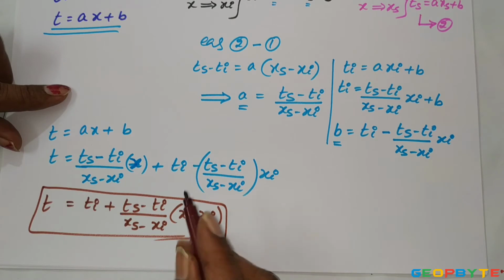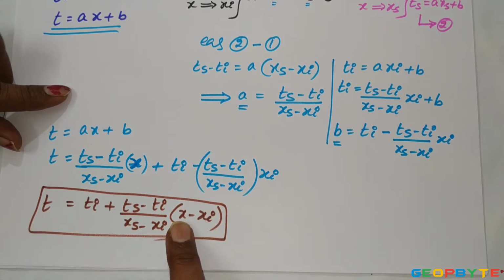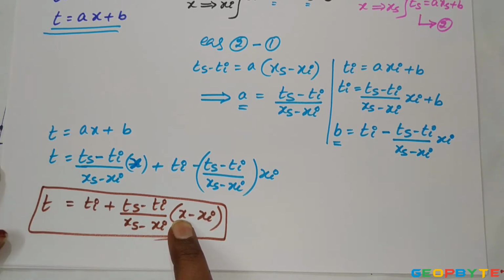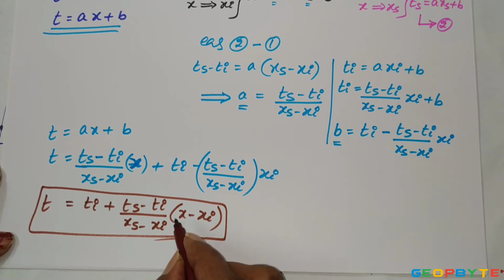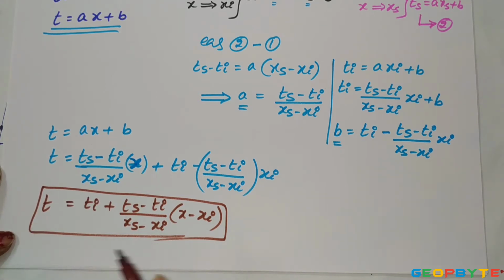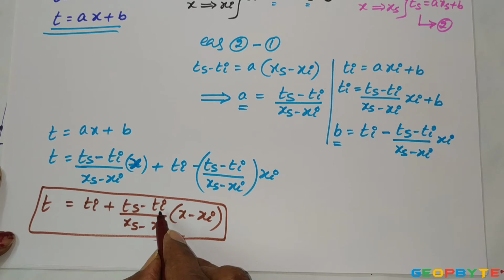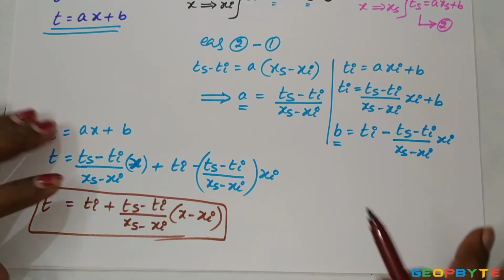From this I can find the temperature if the thermometric property is given in the problem, or the thermometric property can be found when the temperature T is given. This Ts and Ti need not be given in the problem, because Ts is 100 degree centigrade and Ti is 0 degree centigrade in SI system, or Ts is 212 degree Fahrenheit and Ti is 32 degree Fahrenheit in British or English system.